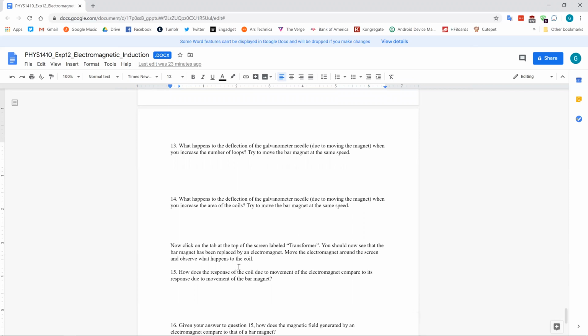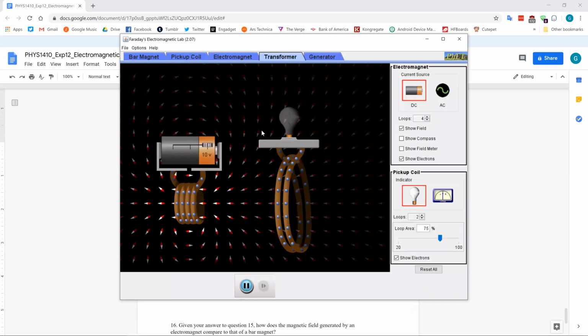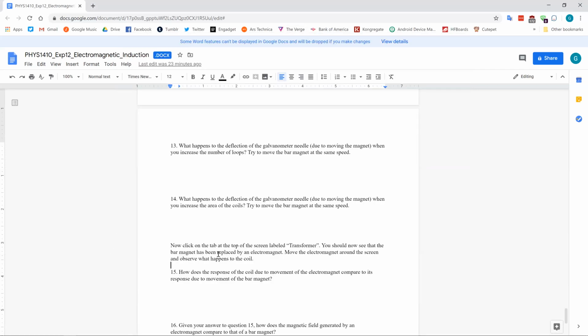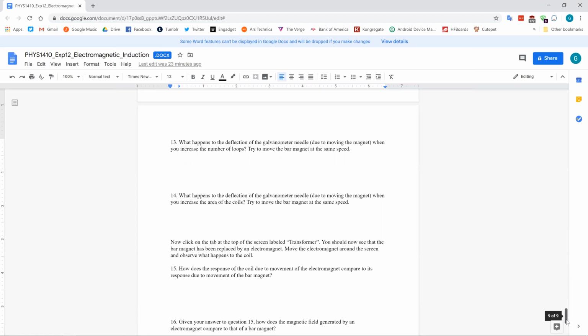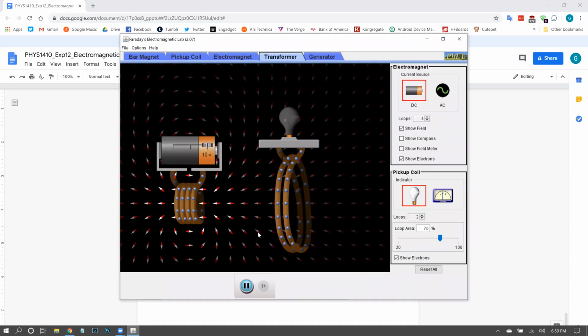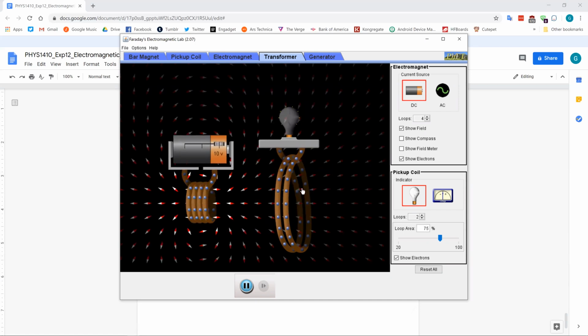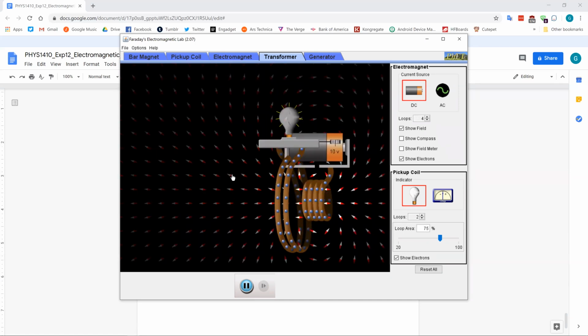All right, the last two questions deal with the transformer tab. So I'm going to come here. First thing: move the electromagnet and observe what happens to the coil. So in this case, we are just taking this and moving it around. We can, I guess we can run it through. You just want to compare the behavior here